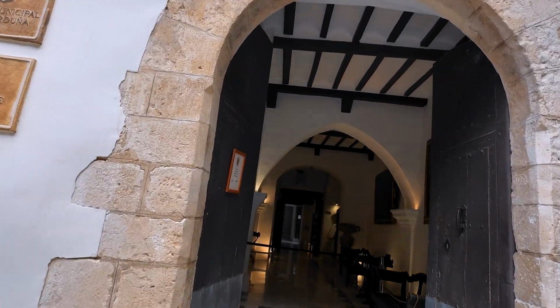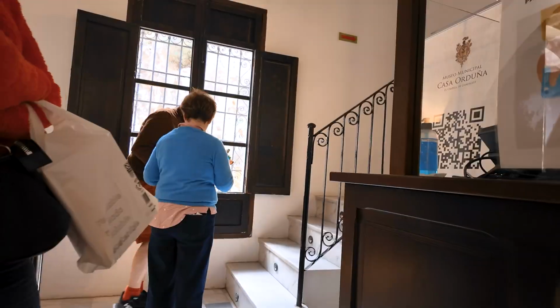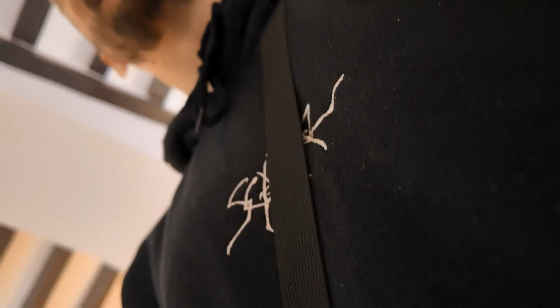So this is Casa Orduña, which is the entrance to the castle. Hola, para dos entradas, por favor. Gracias. So this is the Grand House, and it was actually built in 1644, just after the earthquake devastated the